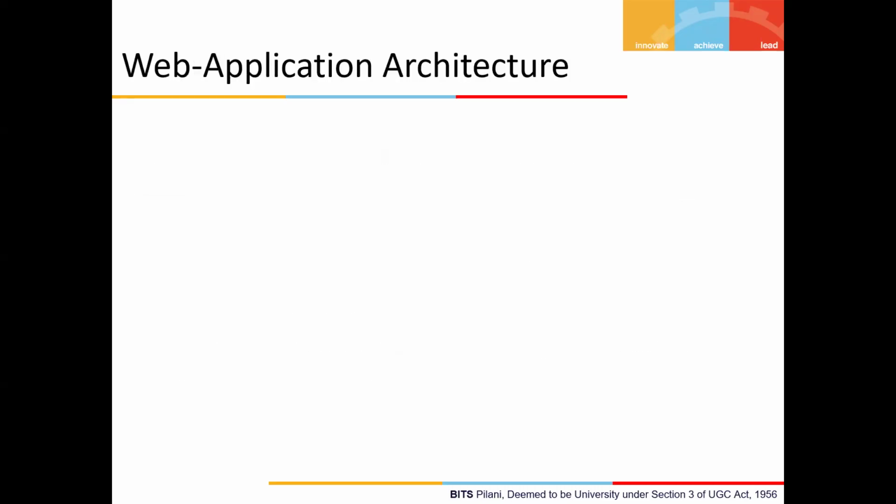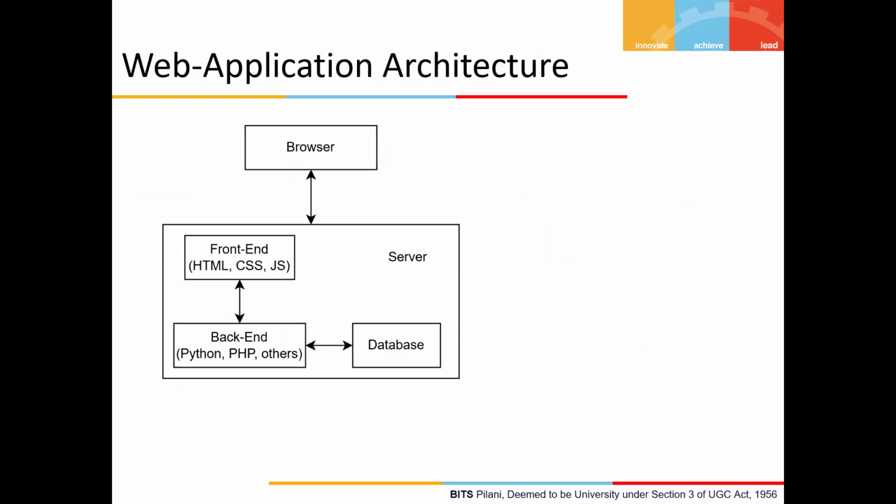Another example is a web-based application, basically a centralized web-based application. So this is how it works. We have a browser through which we access the application, and at the back end we have a server, right? And our front end code and back end code both will be residing on the server along with the databases, right? And this server is managed by the central authority, which makes it very error prone, and there could be some security issues as well.